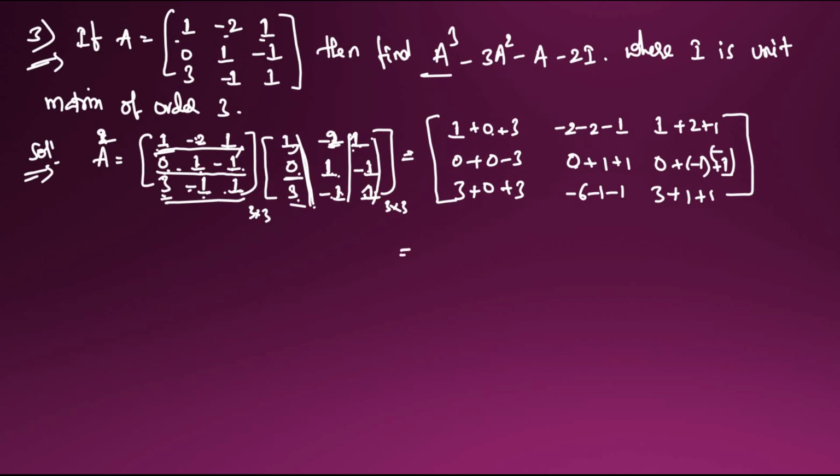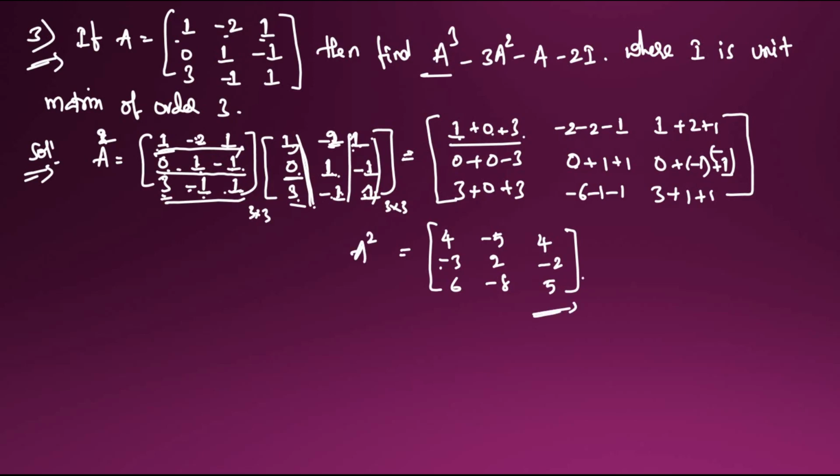So this total value will come here. A square is equal to, so we can write it as 4, addition 1 plus 3, 4; this is -5 will come here, and this is 4 will come here, and this is -3 will come here, and this is plus 2 will come here. This is -1, -2 will come here, 6 here, -8 here, 5 will come here. What is this?